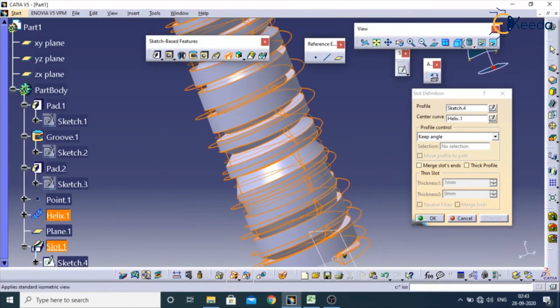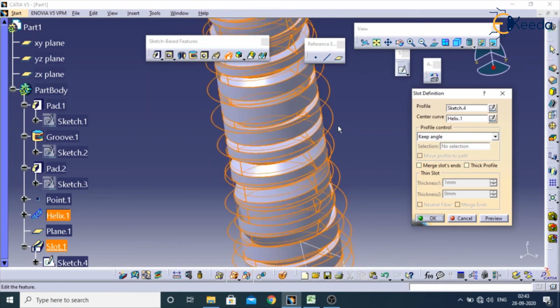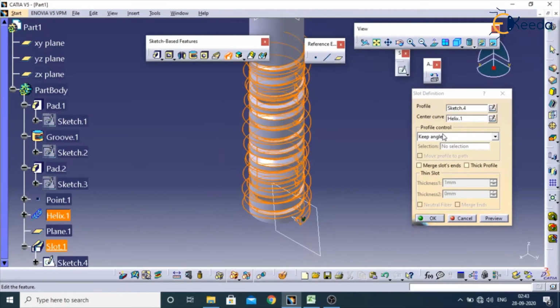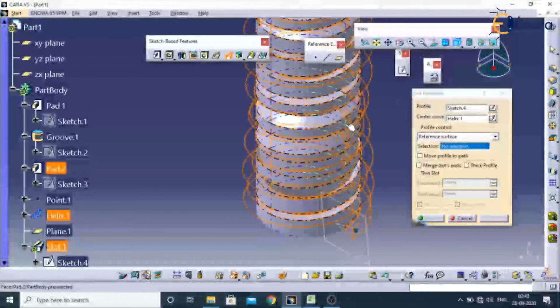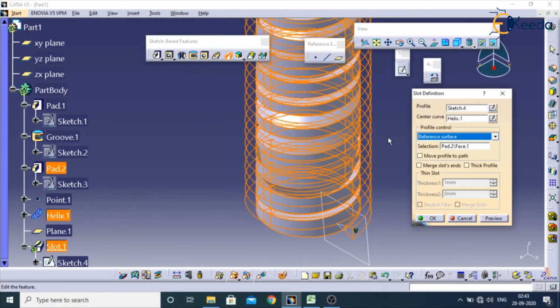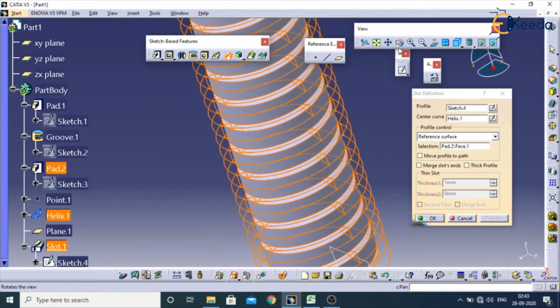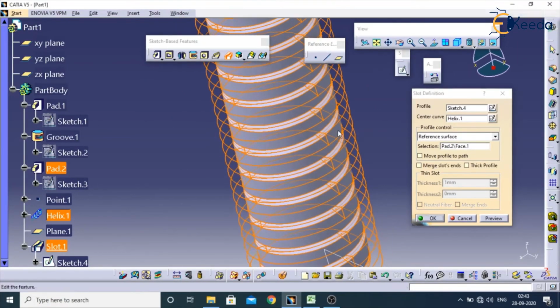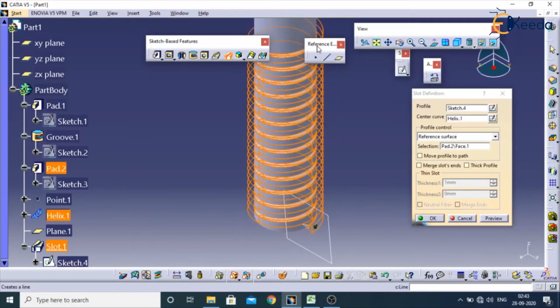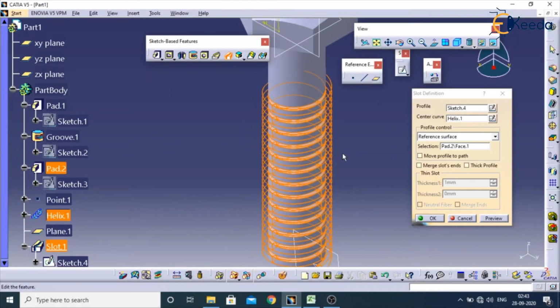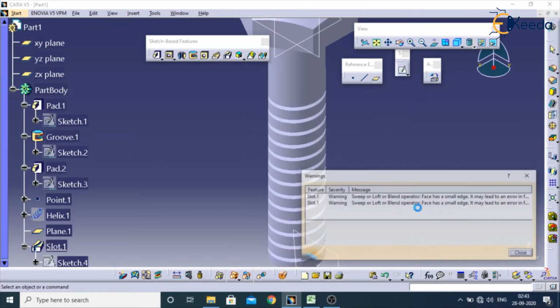So we need to choose one option here as reference surface. In selection, we need to choose this surface. Just apply preview. Now it is cutting properly. Now you need to apply OK here.